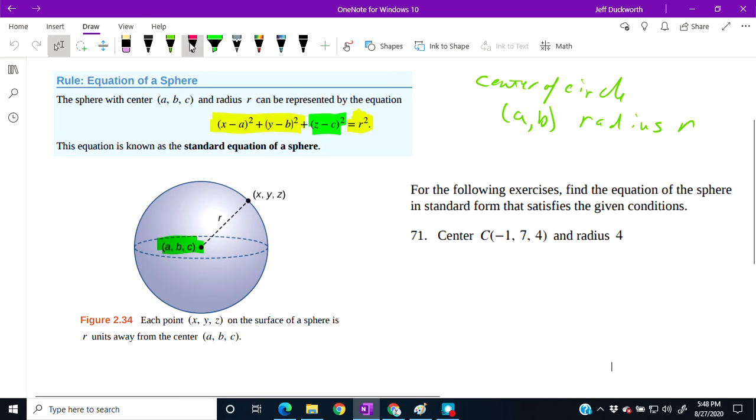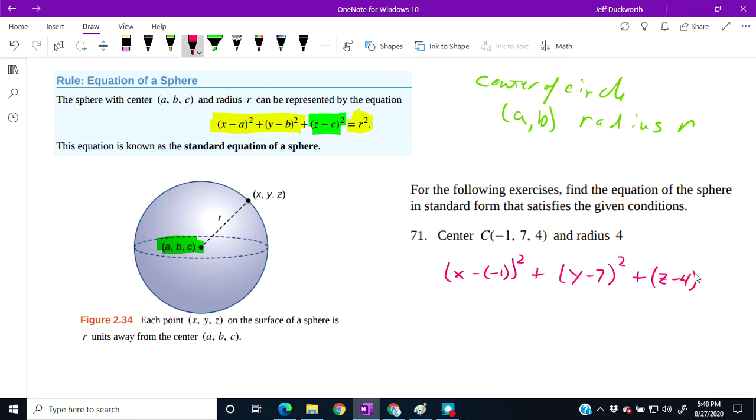So we're given this problem, find the equation of the sphere in standard form. Standard form is what we have there in the rule. We're given a fairly easy one to do. We're just going to actually use the form for it. So our center is at -1, 7, and 4, so our equation should be x minus a -1 squared plus y minus 7 squared plus z minus 4 squared, and that all equals 4 squared,